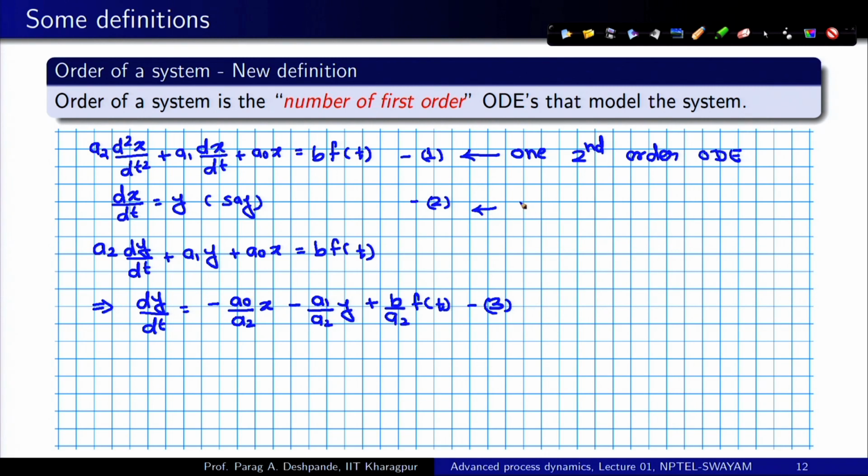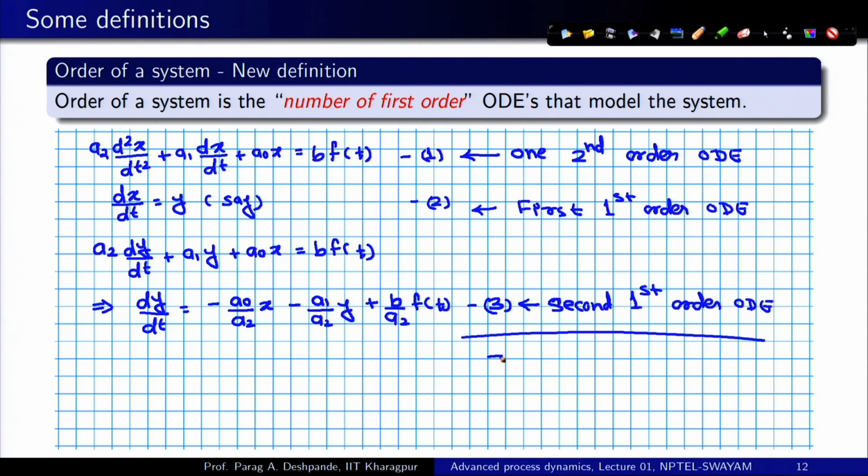So, this is the first order ODE and this is the second first order ODE, which means altogether I have two first order ODEs,